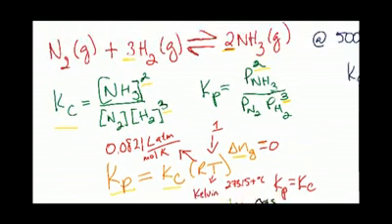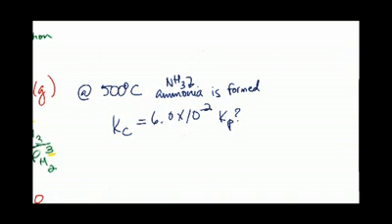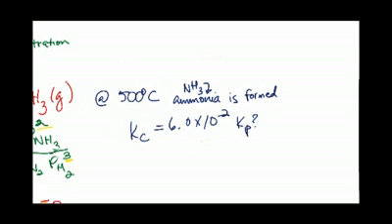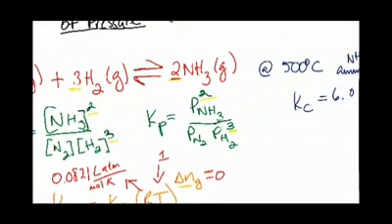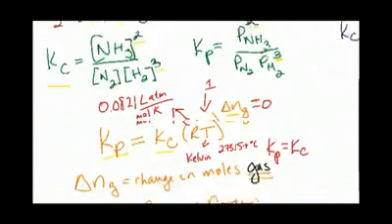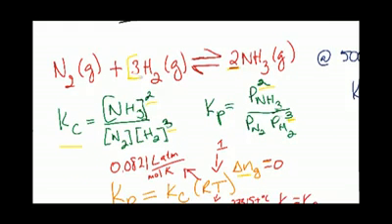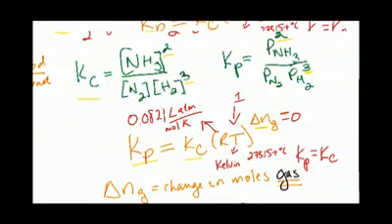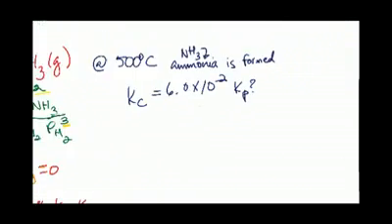So if we were to look at this problem and say that at 500 degrees Celsius ammonia is formed with that equilibrium constant in terms of concentration, and I wanted it in terms of pressure, how would I go about doing that? The first step would be to calculate the change in moles. So we know that there's 3 moles here. There's an understood 1 there. So that's 4 moles for the reactants, and then 2 moles over here for the products. So if you did products minus reactants, it would be 2 minus 4, which is a negative 2. And then if you were to plug into the equation,